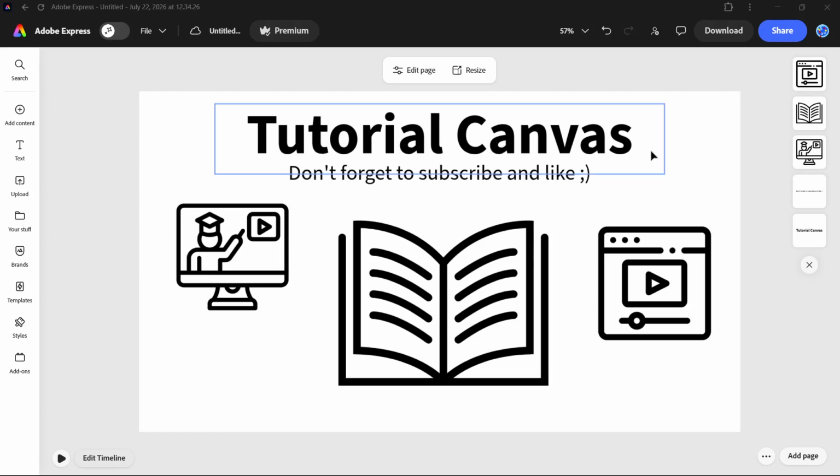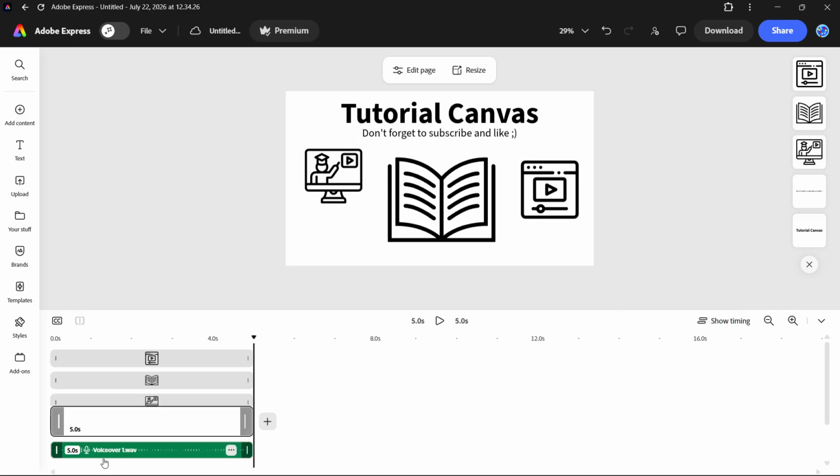In this video, I'm going to show you how to add captions in Adobe Express. Now to do this, first you want to add your audio where you want to add the captions. So if I go down here to edit timeline, you can see I have some sample audio already, but if